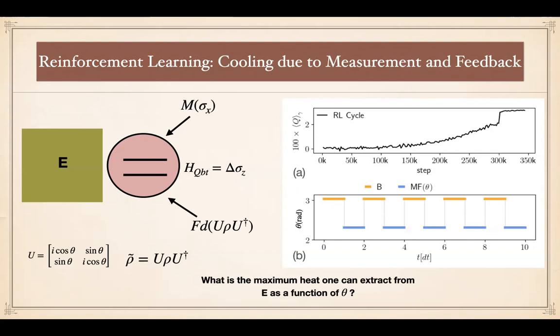Okay, so let's consider a qubit coupled to an environment. We can do measurement, as I showed you, in an incompatible basis, and we can do a feedback with the unitary rotation, right? So in this case, what we gave to the computer was different feedback, different measurement, and depending on different states of the system, we give it to the computer and ask the computer, what is the best possible protocol?